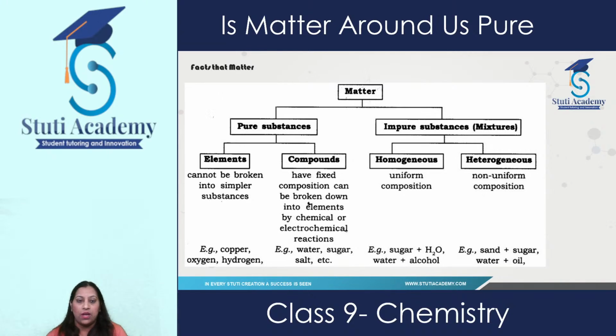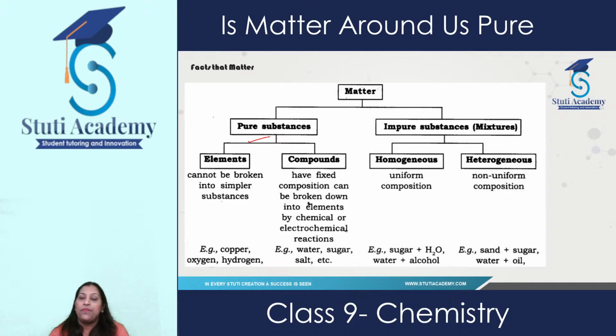Here the question comes, what is a pure substance? As the name itself shows, a pure substance exists in nature in its purest form. It is free from impurities. No adulteration is present in these materials, and those substances are known as pure substances. It means if we define a pure substance, it is a material which is free of any impurities, or there is no adulteration present in it. Okay?